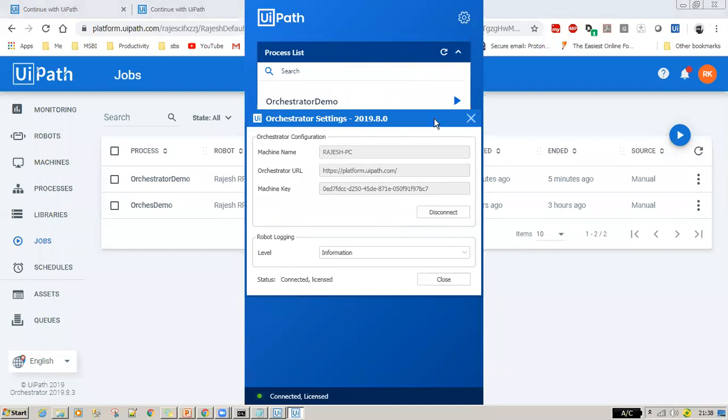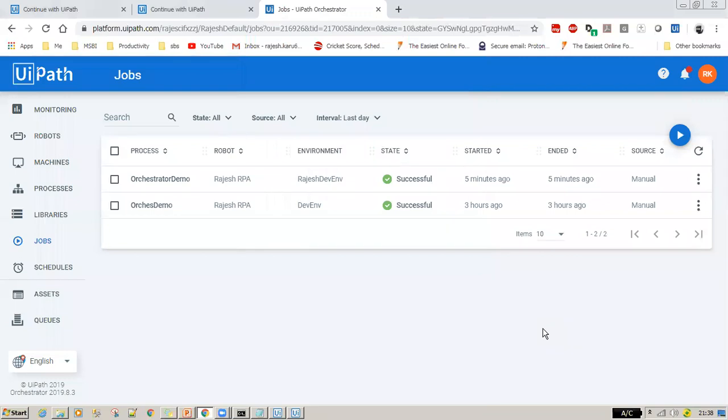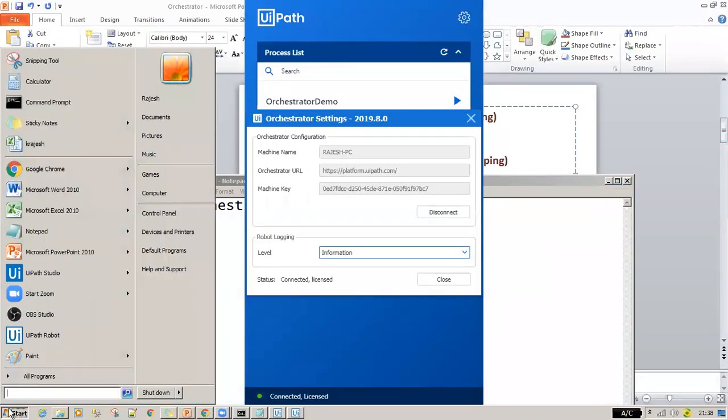There's something like robot logging level, information. What is that? This logging information, the information trace. In the next set of classes you will be learning this. You might have seen the logging information, right? I will explain that as well. Let me open Studio.